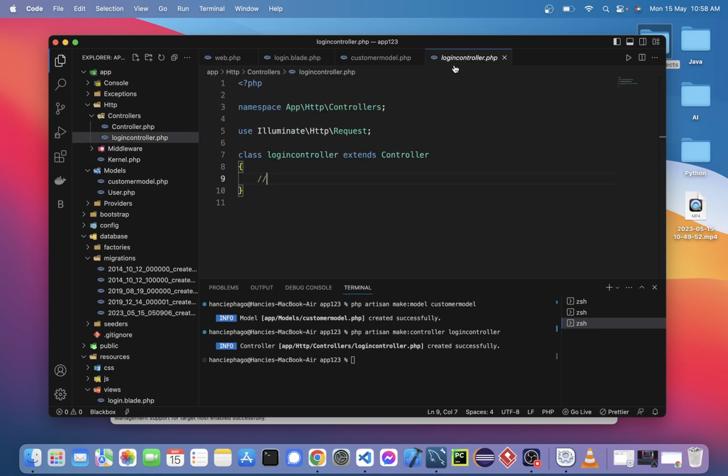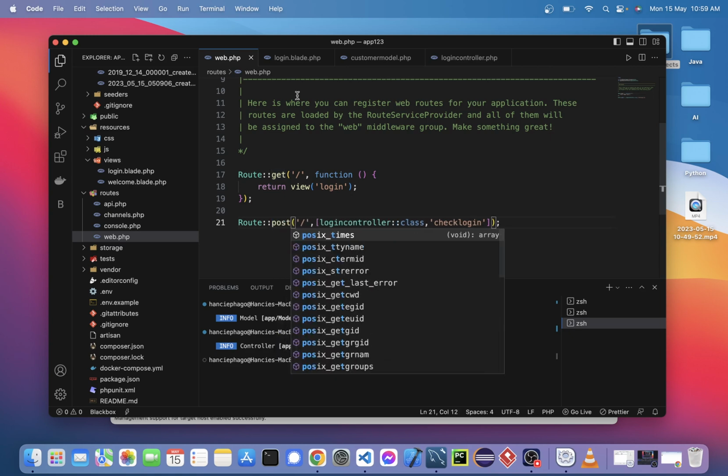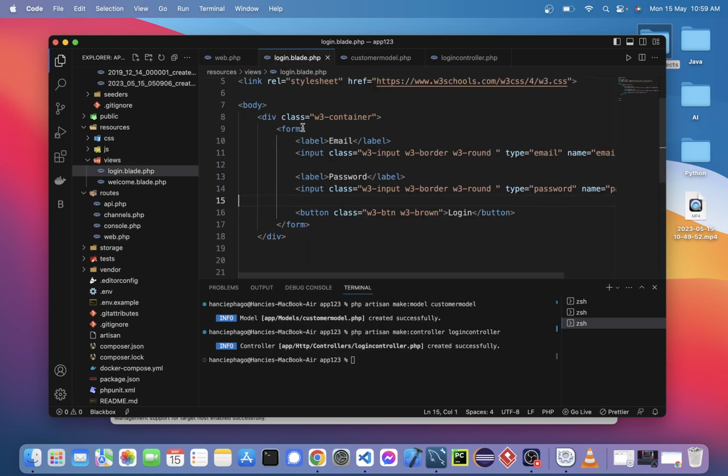So let's define it here in LoginController: public function checkLogin. I'm just giving the function the name checkLogin, so I need to give this name here as well, checkLogin. Now this should be a post method, because I will write a form here. The method is post, and the action it performs